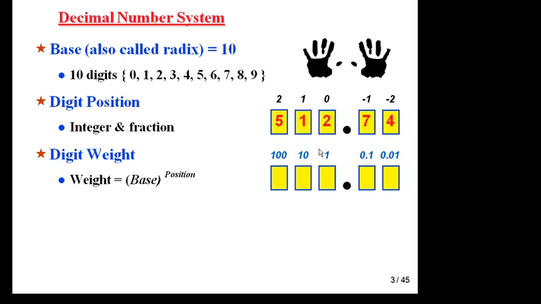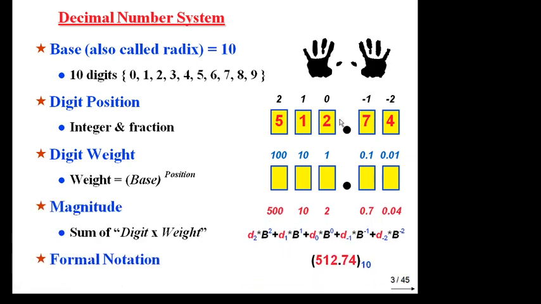Now one most important thing: how will you define MSD, most significant digit, and least significant digit? This is your most significant digit, 5, this is MSD. The digit whose positional weight is highest is called MSD. In this case 5 is MSD, and 4 is called LSD because its positional weight is least, 10 to the power minus 2. So 5 is always MSD and 4 is LSD in this case.